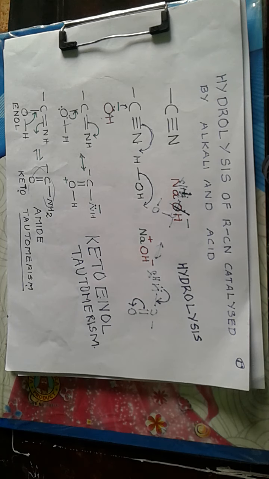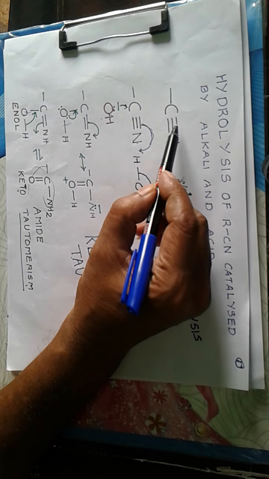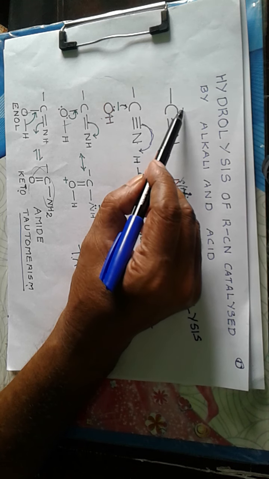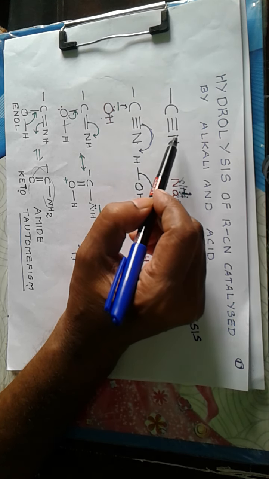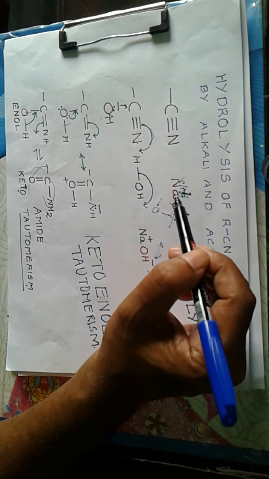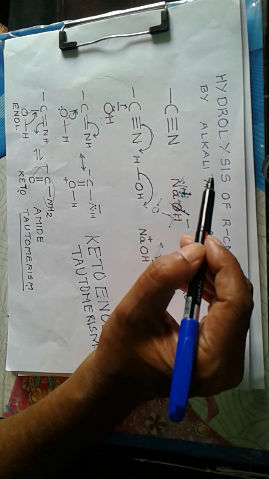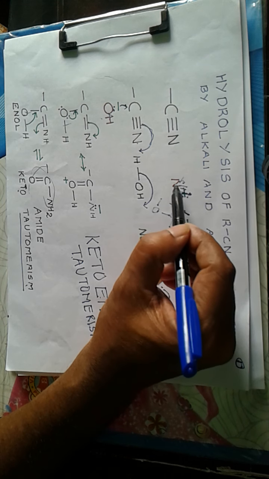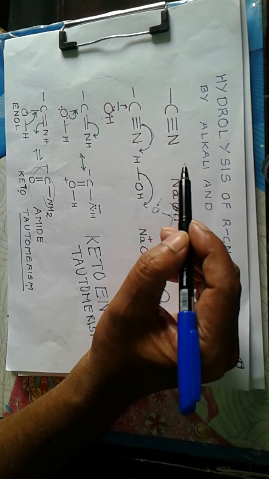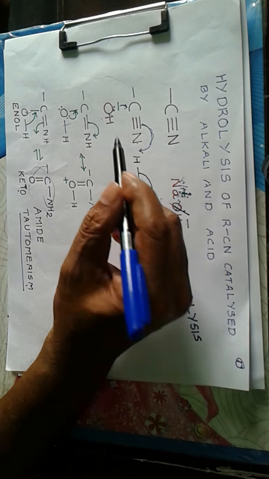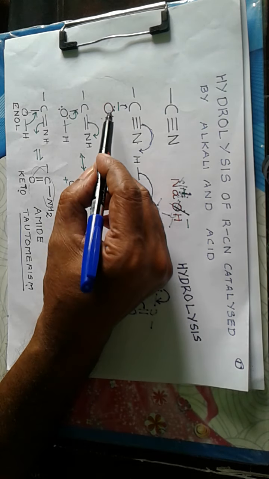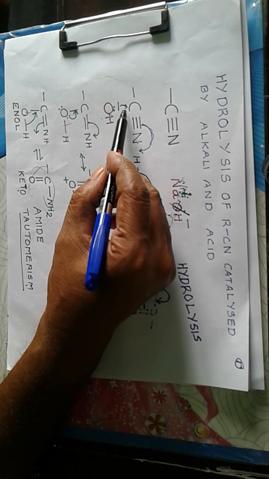Now let us see the hydrolysis of cyanide catalyzed by alkali or acids. Now consider the cyanide group. The carbon has a slight positive character and nitrogen has a slight negative character because nitrogen is more electronegative. Now consider the hydrolysis of cyanide by an alkali. You take one NaOH molecule, then the OH negative is taken from NaOH and